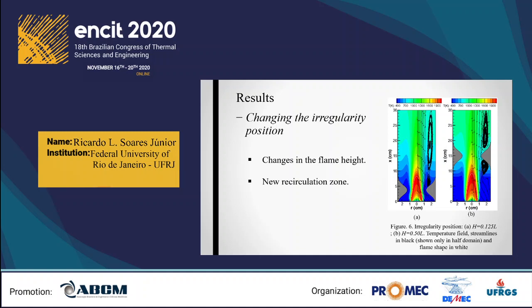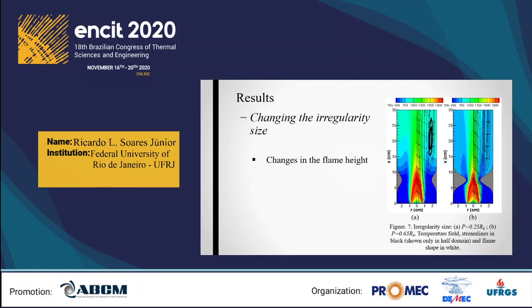For the case in Figure 6b, the flame height is 3% higher than the base case in Figure 3a. Two recirculation zones are observed for this irregularity position, one upstream of the irregularity caused by the buoyancy effects, and another one downstream of the irregularity caused by both buoyancy effects and solid wall shape that induce the fluid flow separation downstream of the peak of the regular wall.